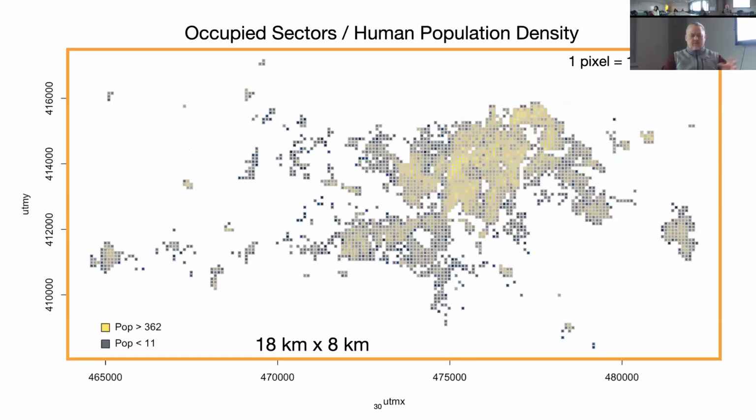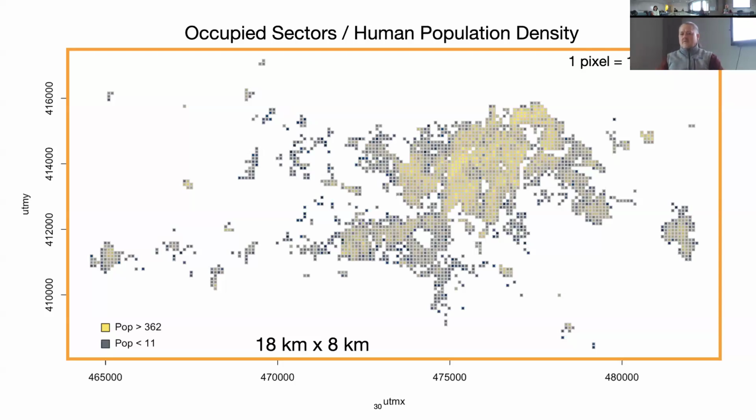Let me make one more point. The total length across this part of the area with about 300,000 people is only about 18 kilometers. And if you're looking at this downtown area, it's 5 or 6 kilometers across. That's where almost everyone lives. So we're talking about a malaria control problem in essentially an urban area where people can walk from one end of this big city to the other pretty easily. And so there's a lot of human movement. And we need to know where the mosquitoes are moving around, right?